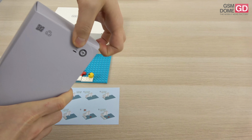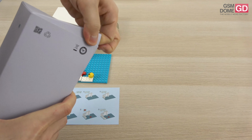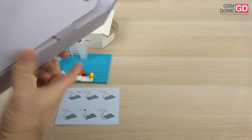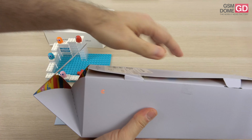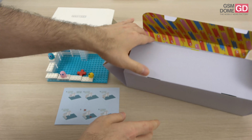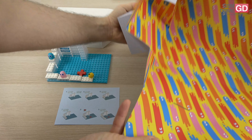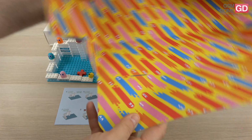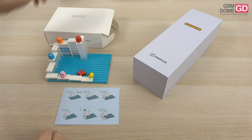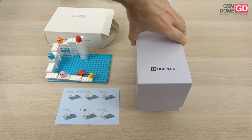It's the 12 gigs RAM, 256 gigabytes of storage version of the OnePlus Nord 2. One of the best flagships we've seen this year, and I'm starting to unbox it right now. As you can see, the whole packaging is themed after Pac-Man, and I've already opened up and set up the device, so we won't waste too much time with that. Okay, that's the actual box,